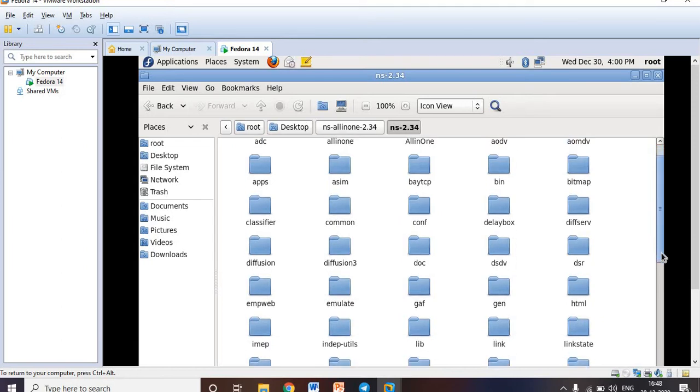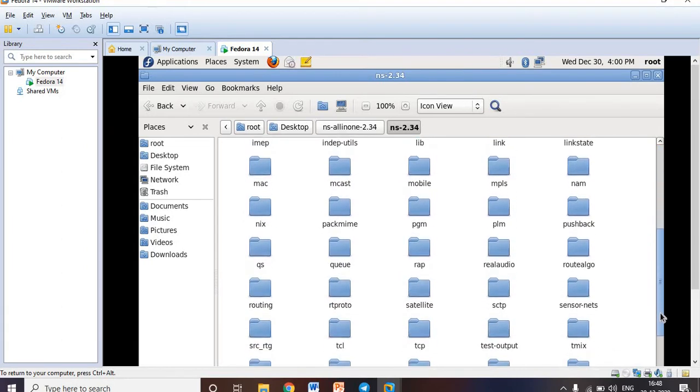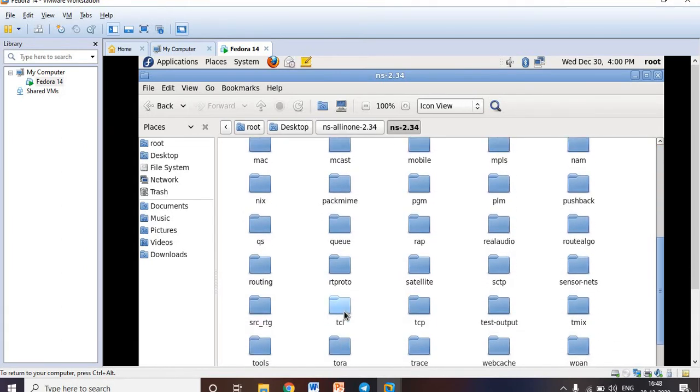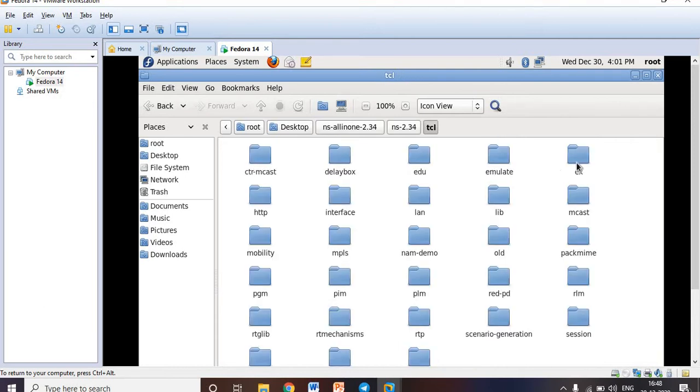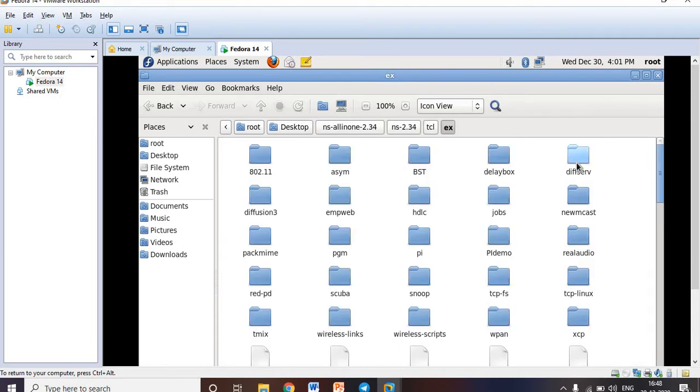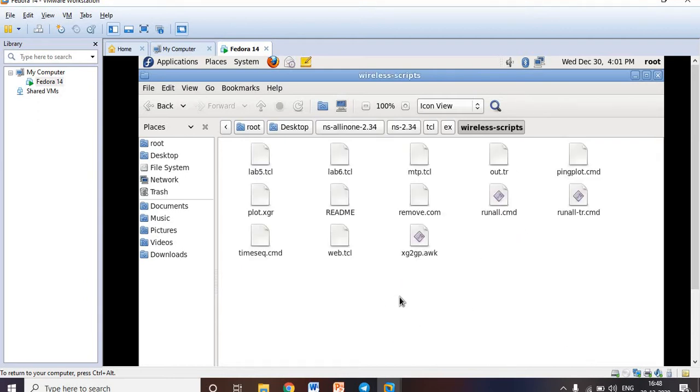Here I have the TCL folder. Within this I have the EX folder. Here I have wireless script. So within this folder you have to save your fifth and sixth programs. Why? Because we have a statement in our fifth and sixth program saying source web.tcl.